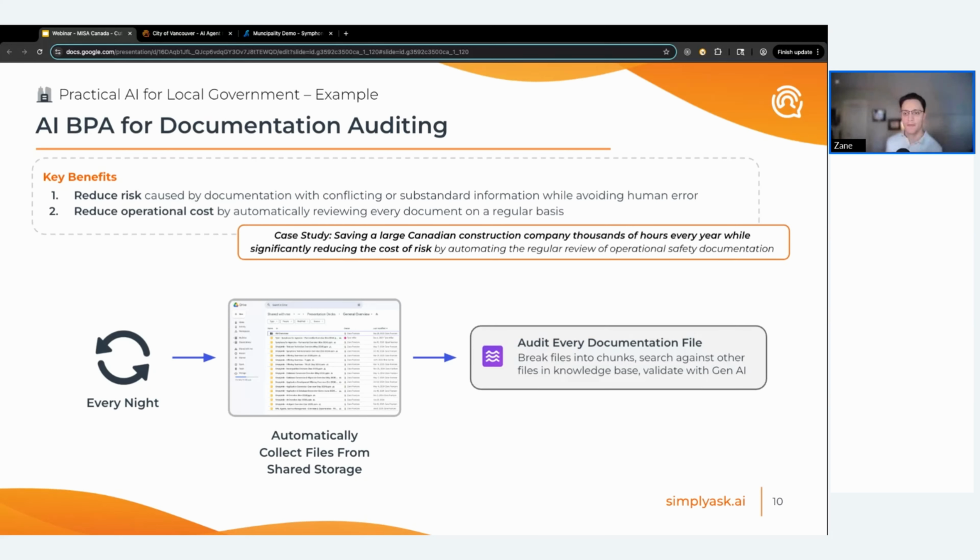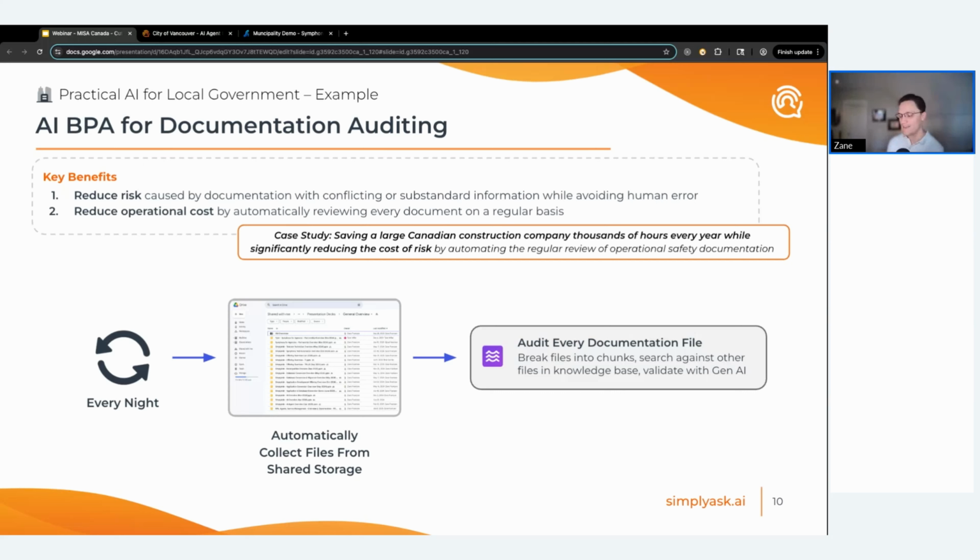But at the end of the day, what that enables you to do is to do really the unhuman task of reading through every single other document, checking for consistency issues, checking for standards and policy issues, and generating a final report that's actionable where someone can see, okay, these exact snippets conflict, and we need to go ahead and make those changes. And so coming back to, for example, the safety context, we see that this is extremely